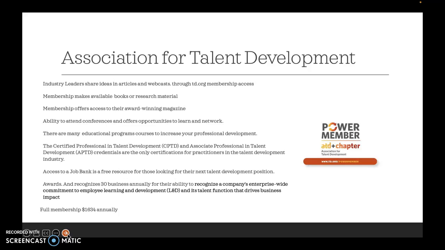Now, the Association for Talent Development is more about our ability to create the talent. The talent is the students. For us to become better teachers, we are developing ourselves, but it's through our material and our ability to teach that we can then turn that into the talent development.